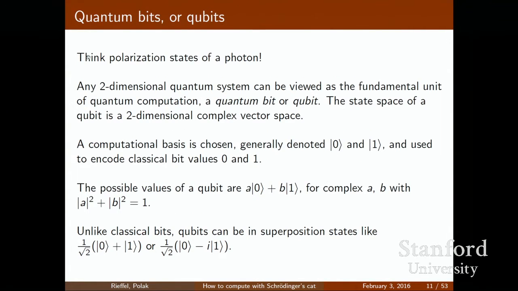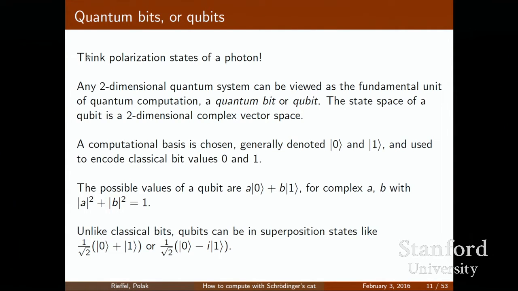Okay. So we'll be talking about quantum bits throughout the talk. When we're talking about that, just think of a polarized photon, okay? But any two-dimensional quantum system can be viewed as a qubit. And one other thing we'll need to do to relate it to classical computer science and the results we want to get out of this is define a computational basis. I can choose any two orthogonal states, for example, horizontal and vertical, to correspond to 0 and 1 in bits, but we have all these superpositions of bits as well to play with in quantum computation.